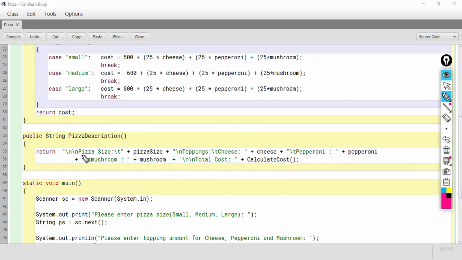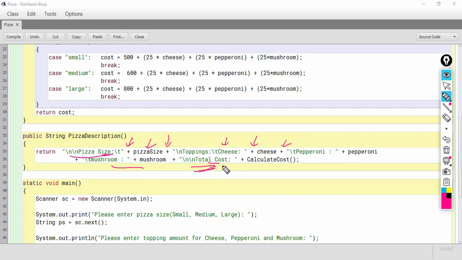So what's happening here, I am simply doing concatenation of different string values. First of all, pizza size will be displayed, whatever the size is. Then the toppings will be displayed for cheese, pepperoni and mushroom, and finally the total cost will be displayed.